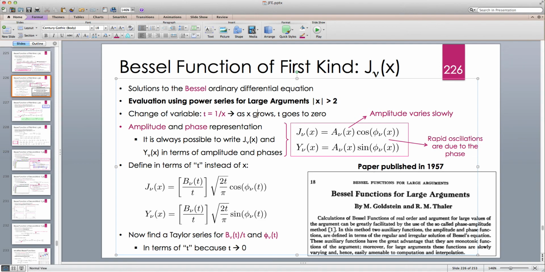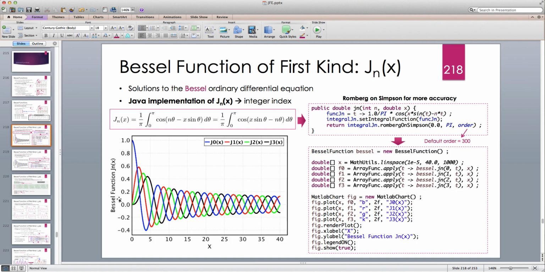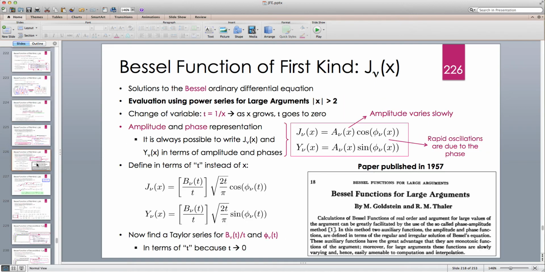Now the one thing we notice is that if we go back and look at the Bessel functions, let's say the Bessel function of the first kind, we see that for large x there's some sort of oscillation behavior, so it's more like sine and cosine functions. But it's not perfectly sine and cosine oscillations because the amplitude appears to be reducing very slowly and monotonically, right? So there are some oscillations, but there is an amplitude that is reducing. The amplitude of the oscillations is not constant. That's where the whole idea of this